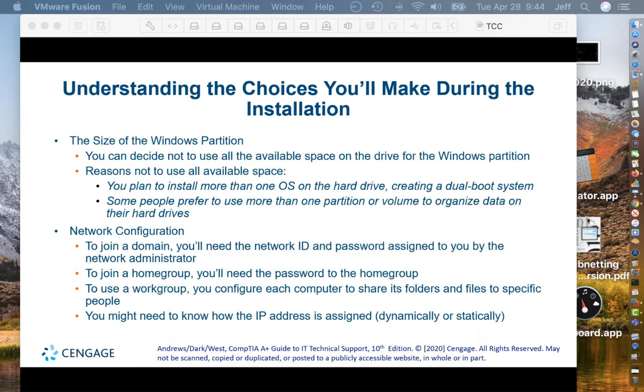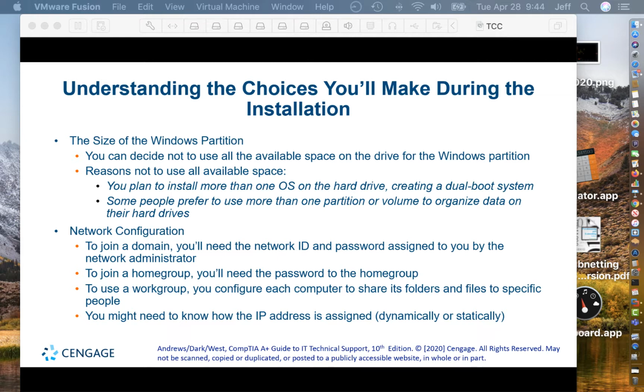Some users prefer to have more than one partition to help organize their data on their hard drives. If this is the case, I would recommend purchasing a second hard drive, though, as partitioning the Windows drive with less space can cause more issues than the benefit of organizing the data is worth. You can organize your data using folders just as easily as separate partitions, and it's much easier to resolve issues if you start running out of space, as it's very easy to install a second hard drive and move a